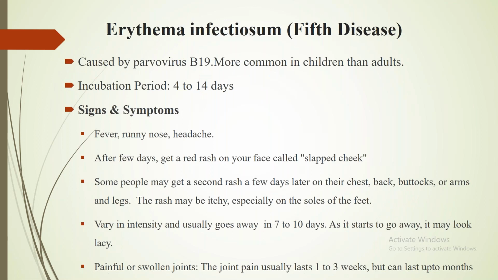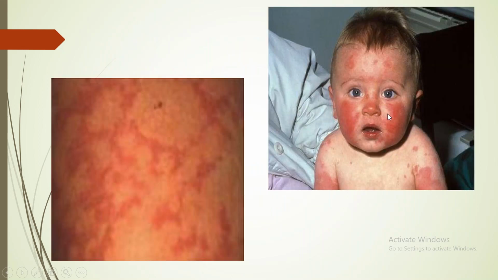The important thing about this parvovirus is that it can lead to 2 things. It can lead to joint involvement in a child, which may not be synchronous with the rash. At the time of the rash and fever, it is just a viral illness. But maybe after a few weeks, the parent may come saying the child is having joint pains and problems in mobility. So that can be a late manifestation of parvovirus. Another thing is, it can affect the bone marrow and lead to aplastic crisis. All the cell lines might be affected, the production of cell lines in the bone marrow will be affected, and the child may present with pancytopenia.